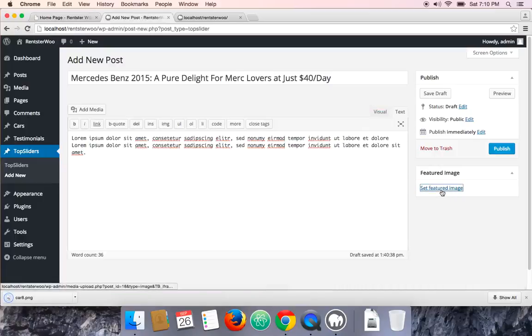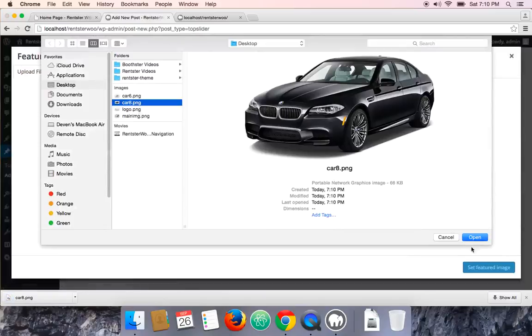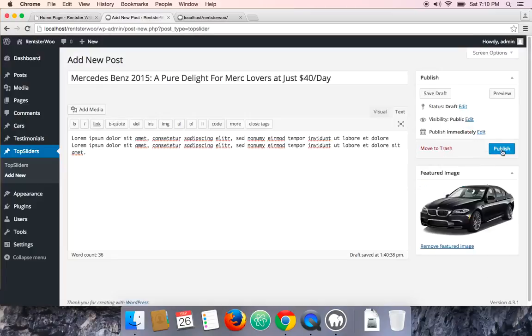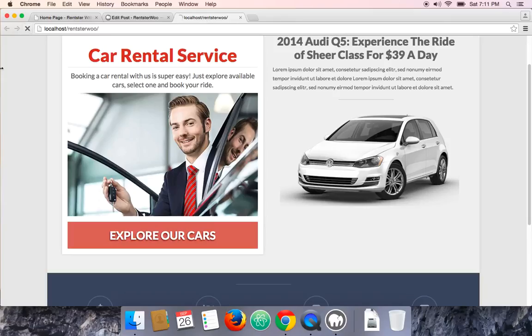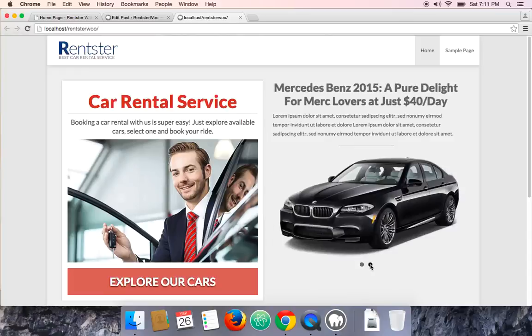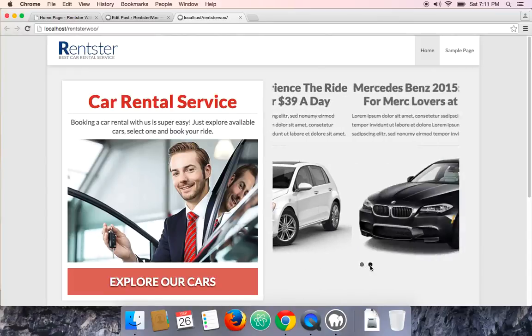Alright, and then go to set featured image and then upload image. Publish that, and now it should be showing on the home page with the slider navigation. Alright, so as you can see, this slider navigation is now visible here. You can click on that and it will start showing you all those slides.